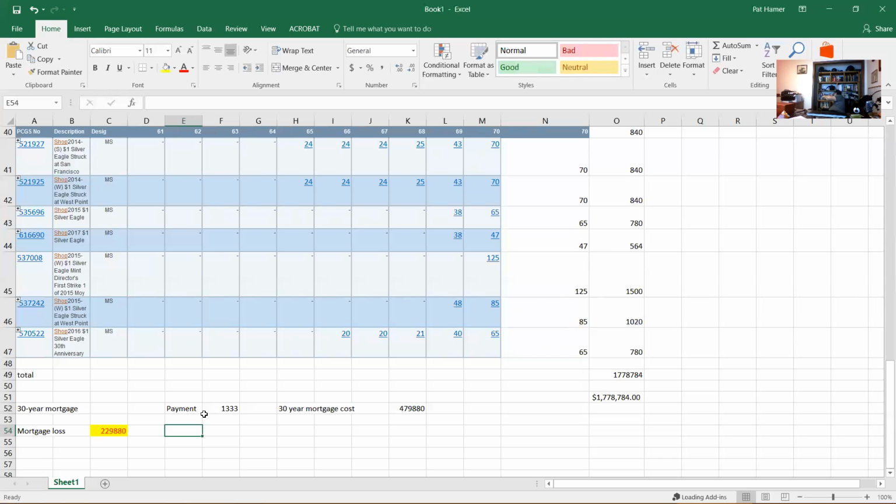Okay. And here's the second key to business success: academics. You know, this is my notes from college. This is economics, macroeconomics. All right. So anyways, we got a mortgage loss there. So now remember this coin here. Let's take and add this to the loss. So adding the coin of the month